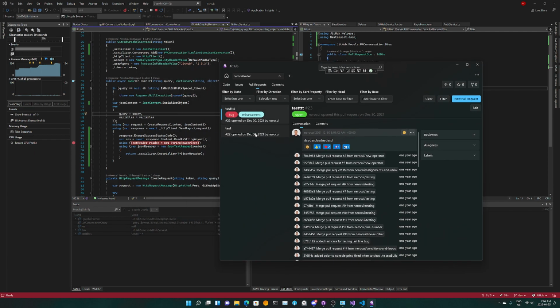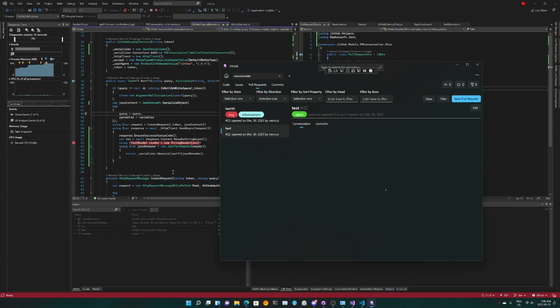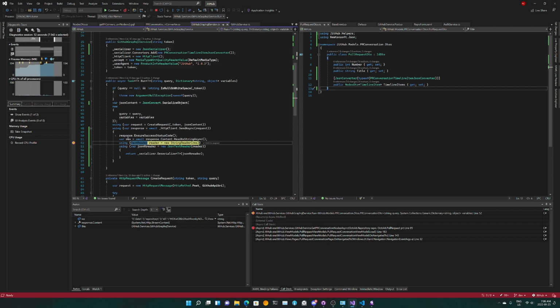Second, we wanna run the query again and see what the response is, right? So yeah, we are getting something. So data, repository and the owner, and basically, yeah, we're getting a lot of things. So good thing is